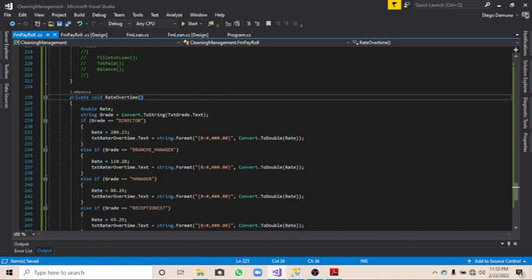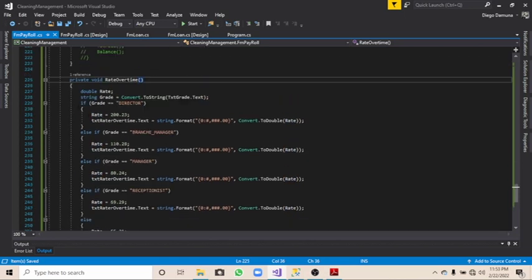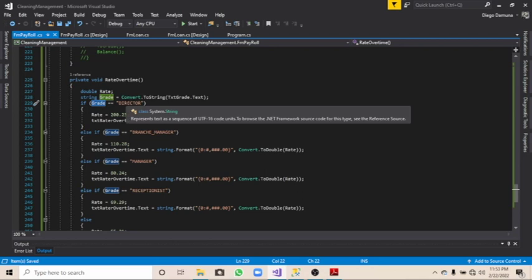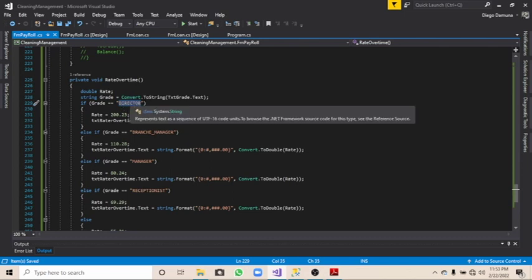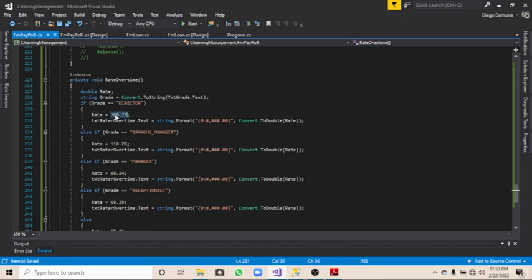So let me explain to you how this code works here. So the condition is this: if the grade of this person is director, if he's occupying the position of director within this company, then the rate of overtime for this person,